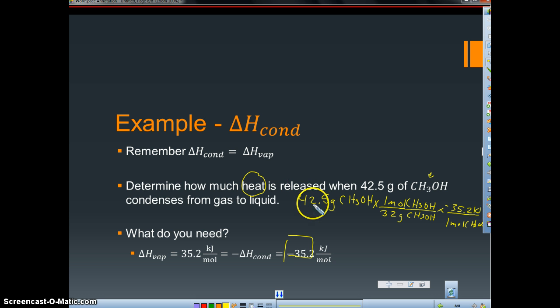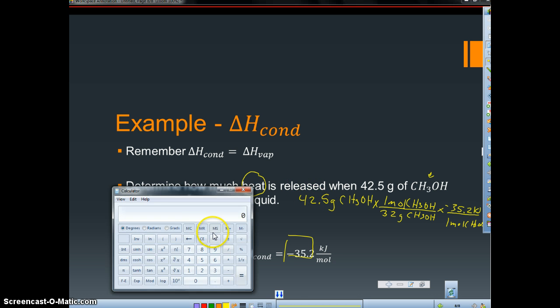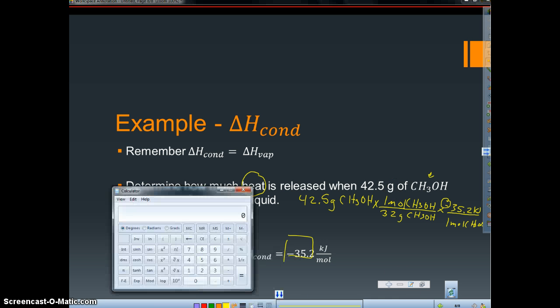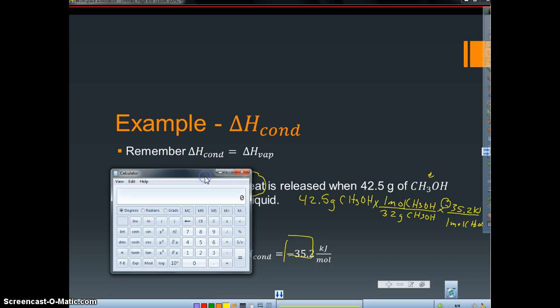kilojoules. So to solve this, we multiply across the top and divide by the numbers that are on the bottom, keeping in mind that this is negative. So overall, my answer should be negative. And if I'm condensing, I should be giving off heat, or giving off energy in the form of heat. So I should get a negative number. So let's go ahead and type these in. 42.5 times my negative 35.2 divided by 32. And again, this should be negative. I just didn't type in the negative number on this calculator, but my overall answer will be negative